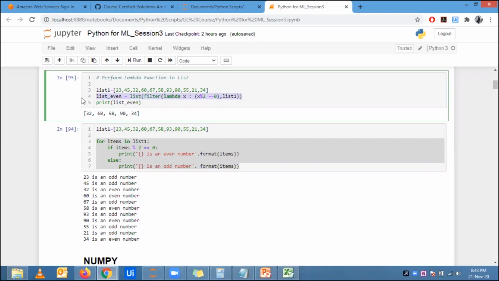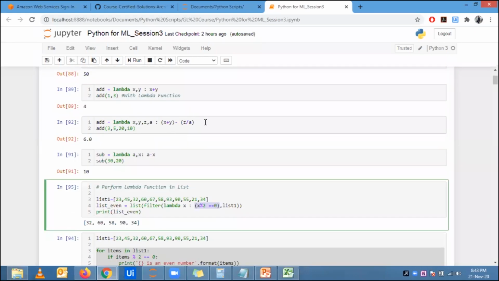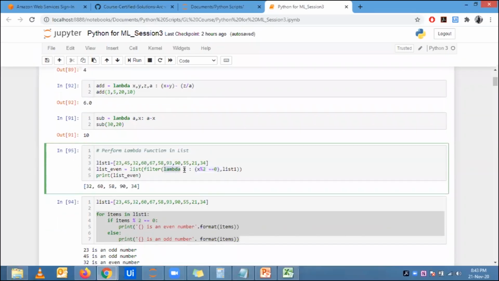Hey, Paul, I have a question. Please go ahead. After lambda, where he used x, how come he did not use list 1? No, so this is the format of lambda. Lambda takes the parameter first, the input, and after the colon it takes the operation. That's what we learned above, right? So for lambda, it passed on the input x, which would be looping through each of these values, colon.